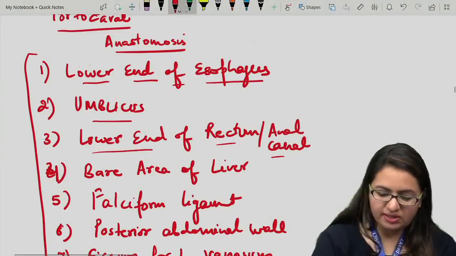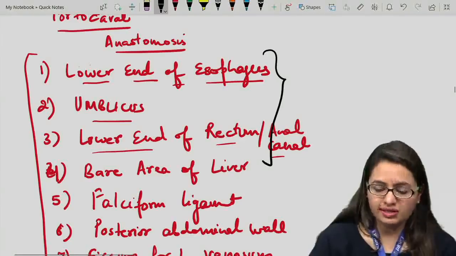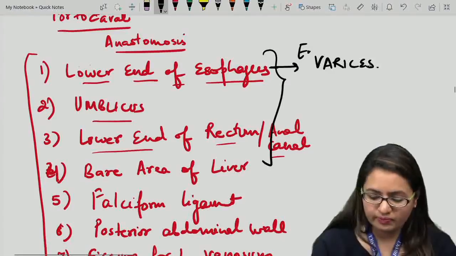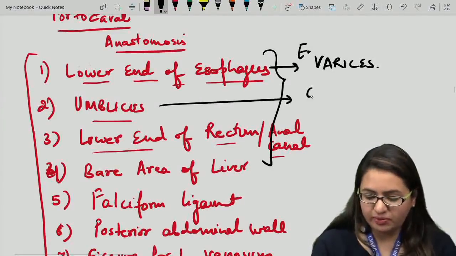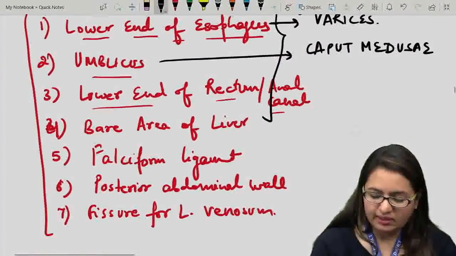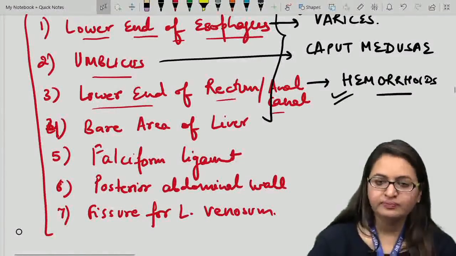Specifically, if there is enlargement at these three areas, it leads to clinical conditions. For the lower end of the esophagus, we have esophageal varices. For the umbilicus, we have caput medusae, and for the anal canal, we have hemorrhoids. This is regarding